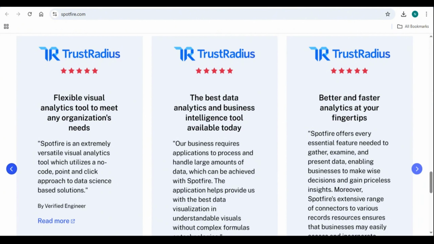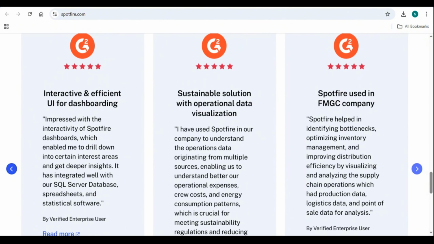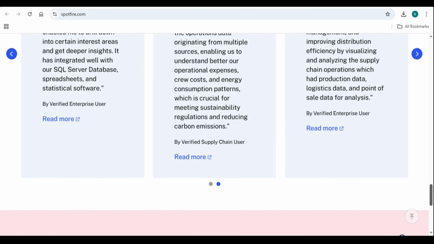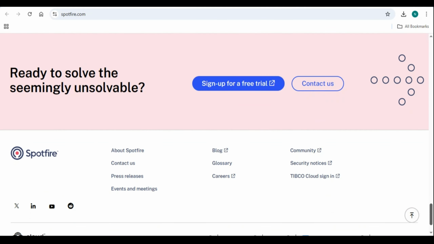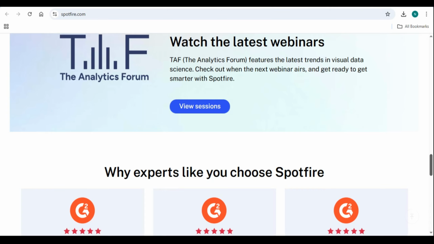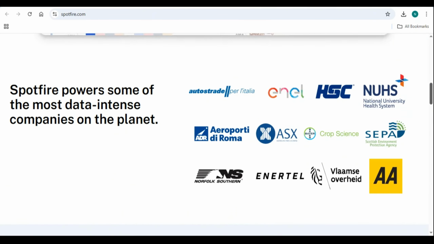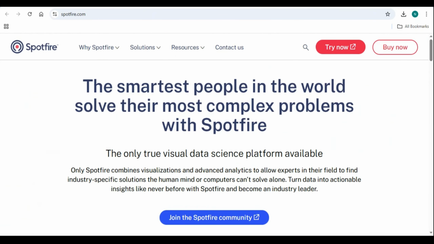1. What is Spotfire? Spotfire is a data visualization and analytics tool developed by Tibco Software. It allows users to create interactive reports and dashboards, making it easier to analyze complex data sets. It supports real-time data analysis and integrates with multiple data sources, including Excel, SQL databases, cloud platforms, and big data